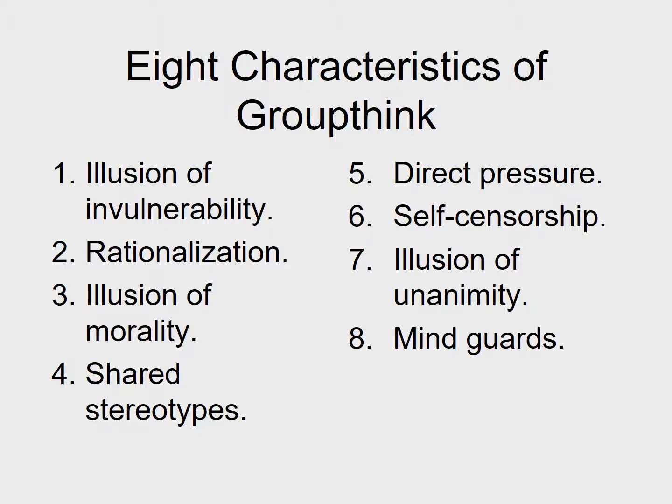There's also an illusion of morality. This basically means the group starts to think of itself as better than all other groups. Now, that's a natural human tendency. We always tend to think that the groups we belong to are a little bit better than other groups, but the illusion of morality is getting to where it's actually starting to become a bit of a toxic situation, where there really is some arrogance in this particular group.